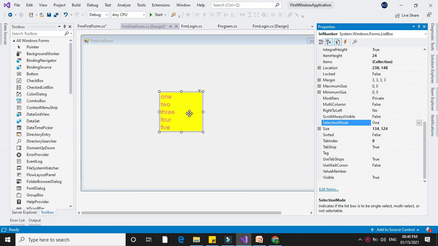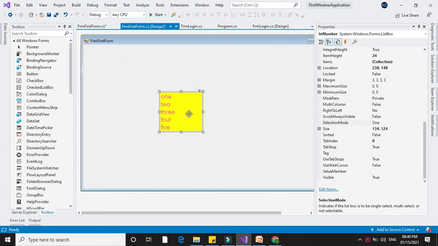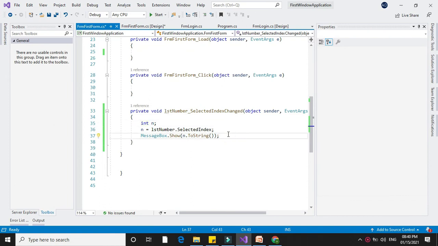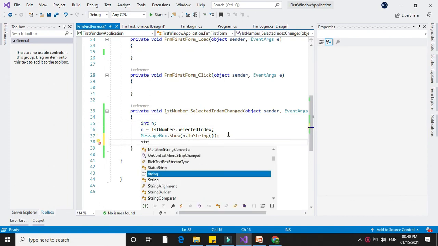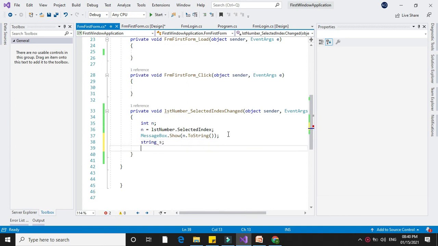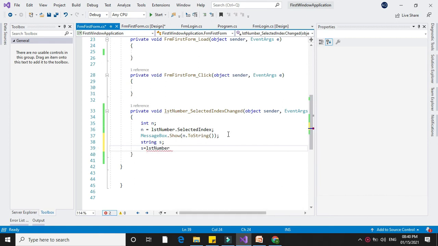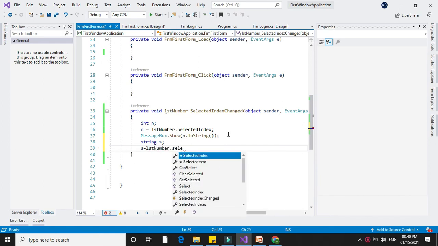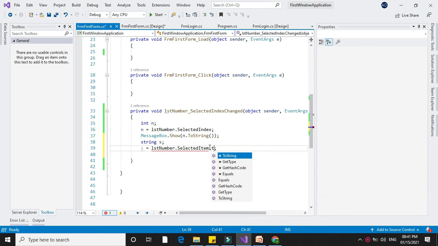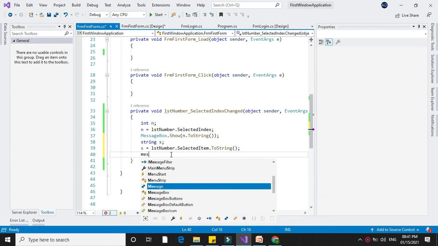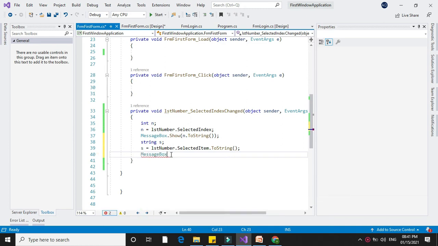Now we will see selected item. For this we will double click on the list box, and here I will define a string variable s, and in s I will store lstNumber.SelectedItem.ToString, and print it in a message box with MessageBox.Show(s).